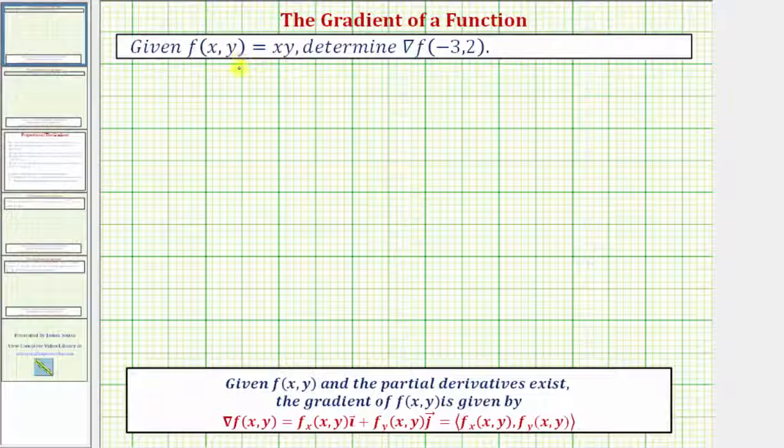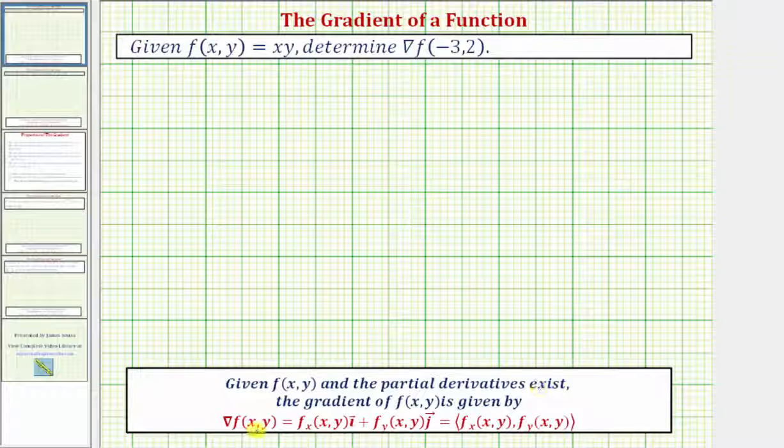We're given f of x comma y equals xy, and asked to determine the gradient of f at the point (-3, 2). You'll also hear this referred to as del f. So looking at our notes below, given the function f of x comma y, and that the partial derivatives exist,